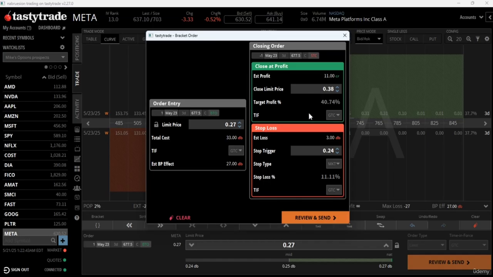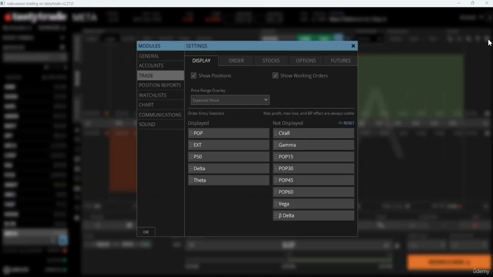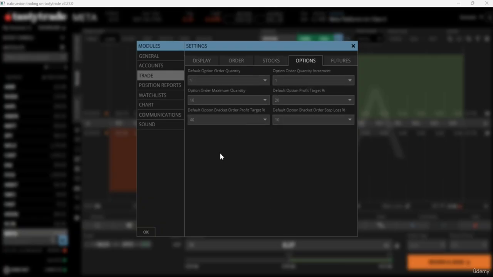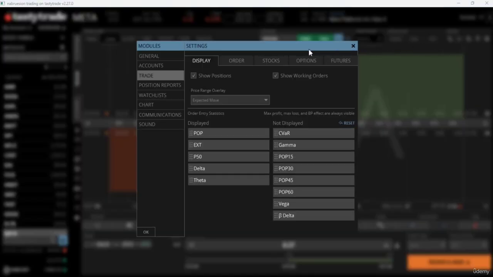Matter of fact, let's go over to the settings first. Let me come over to the settings. Here we go. Okay, trade. All right, cool. Let me go back to show you how I got there, just to make sure. In this window where you have the options contract and the strikes, you come up to this little cog right here, and you select that, and that's going to pull up the settings for